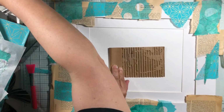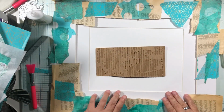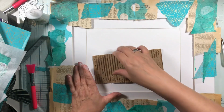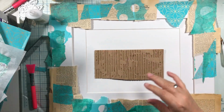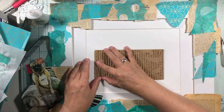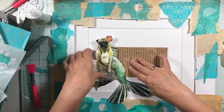There it is. Got it. We're going to put that down. We're going to make sure this is kind of in the middle. It's not, so let's be careful. We're going to pick this back up, put this here. We're going to make sure our Puggle can sit on there, right? That'll work. Maybe even up a skosh while we still have time to move it. Okay, so